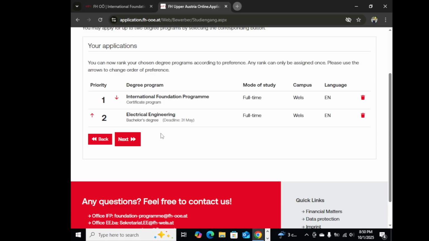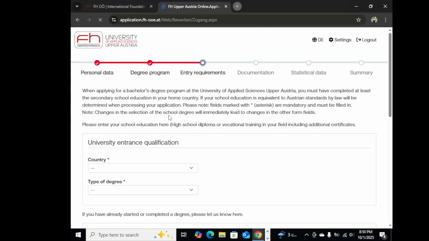So once you click the program you are interested in, here when applying, you must have completed at least secondary school. Your school education must be equivalent to the Austrian standard by law. Please note, the entries are mandatory and must be filled. Changing the system will immediately lead to changes in other forms. So, university entrance qualification country. I'm from Nepal. So, choose your country and type of degree, meaning